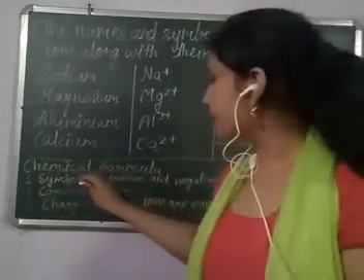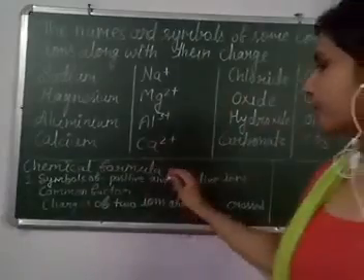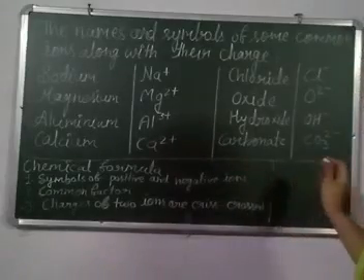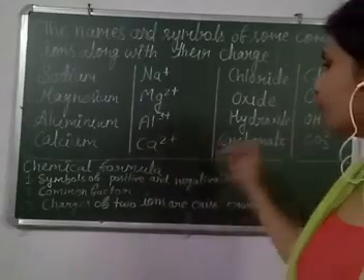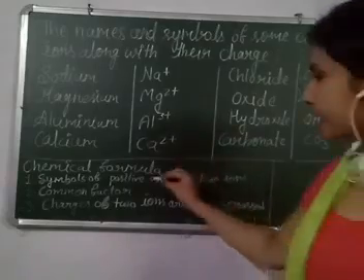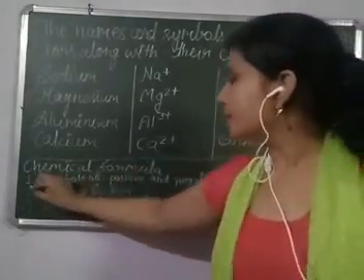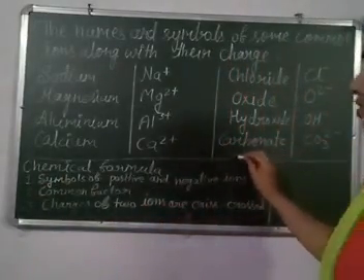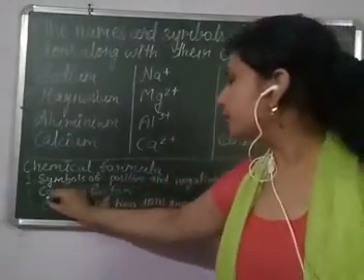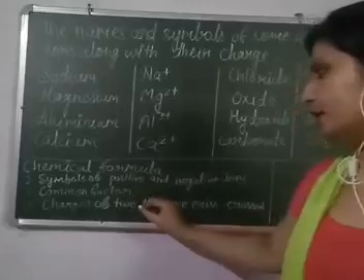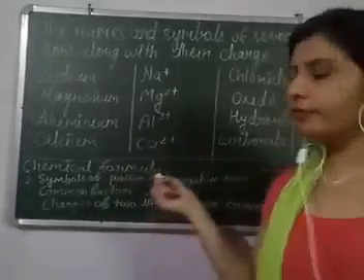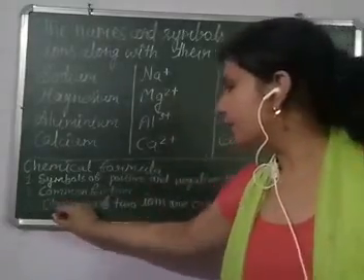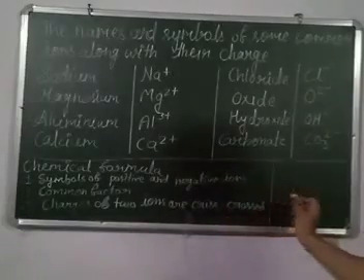The next term is chemical formula. So you can see that chemical formula is based on the composition of the atoms. And how to write a chemical formula? These three steps are there. First step is symbols of positive and negative ions are written with their charges. And second step is common factor. If there is any common factor, we have to remove this. And third one is charges of two ions are crisscrossed.